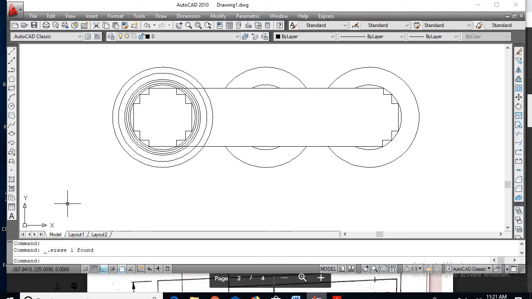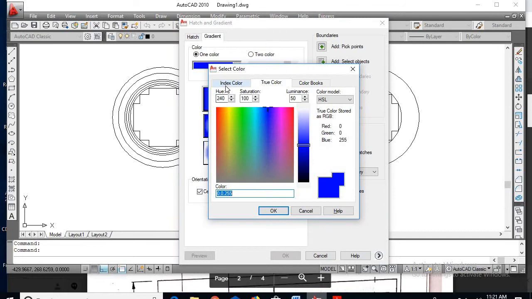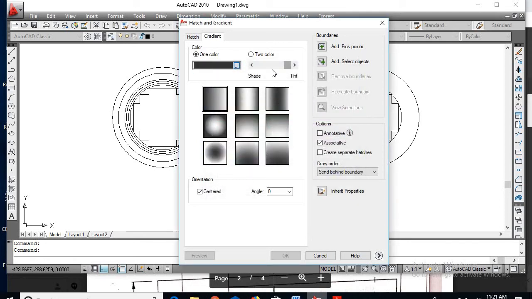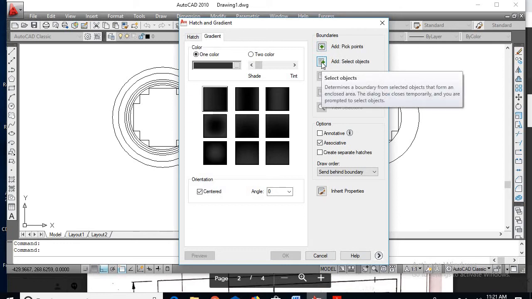Okay, so now we can go for hatch command or gradient. So go for selecting the colors, index black. So okay, go for shade, go for select object.